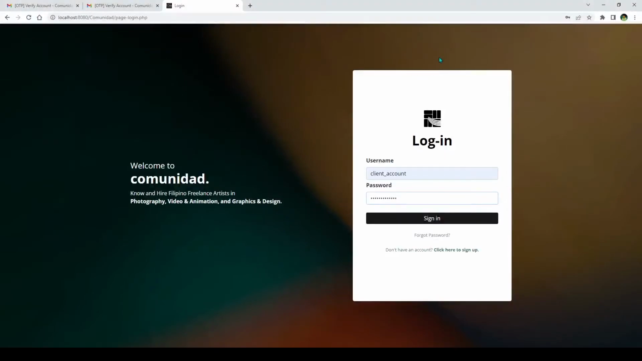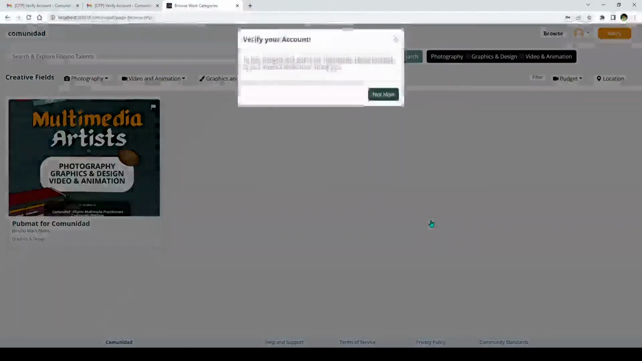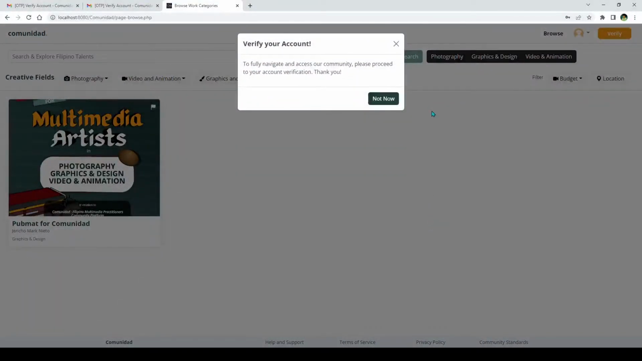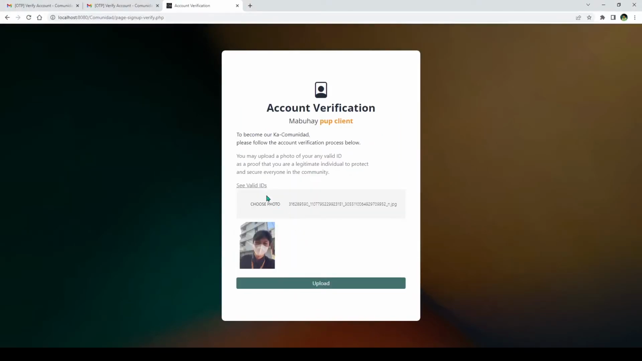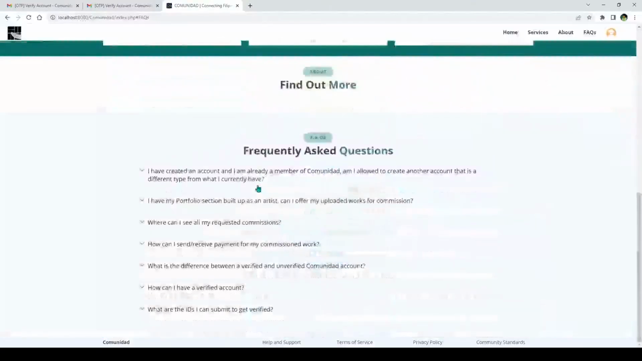After entering the necessary details of the client account, let's click sign in. So again, it's going to display the verify your account modal, and we can go ahead and verify the account. So for the sake of the demo, I'm just going to click any picture right now. But if you're going to want to know the valid IDs, you can go ahead and click here and click